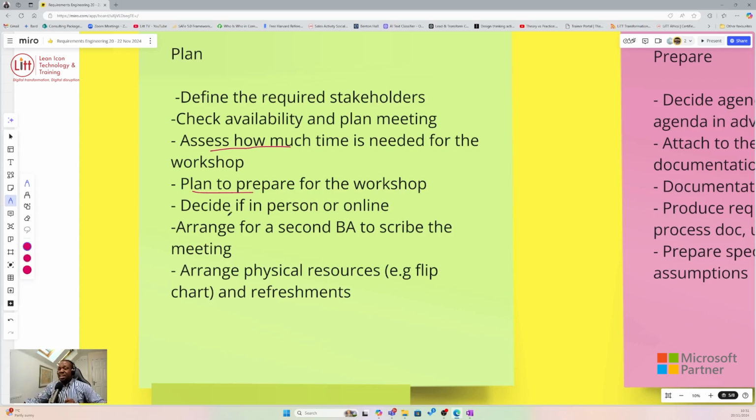Then you decide if it's in-person or online. If it's in-person, it requires more planning because now you have to make sure the venue is available, it's suitable, it's got all the equipment needed, and, importantly, Wi-Fi, which each person who attends might need if it's going to be in-person. If it's in the office, we already know that everyone will be connected, so that's okay. If it's an out-of-office place, we need to ensure that all the key